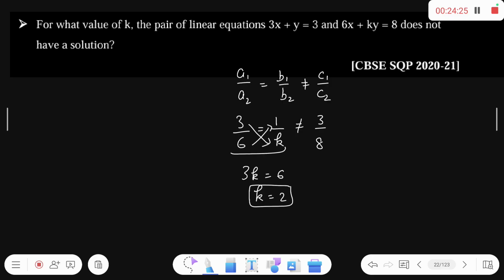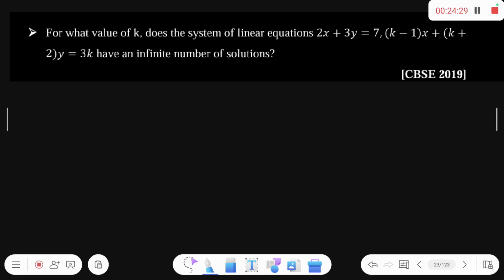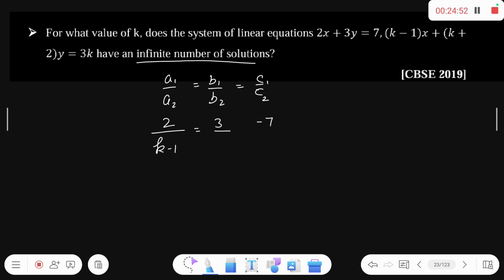The previous one does not have a solution. Next, for what value of k does the system have an infinite number of solutions? Again, for infinite solutions, a1 upon a2 is equal to b1 upon b2 is equal to c1 upon c2. So this is 2, 3, minus 7 upon k minus 1, k plus 2, is